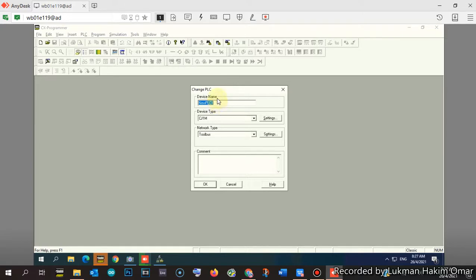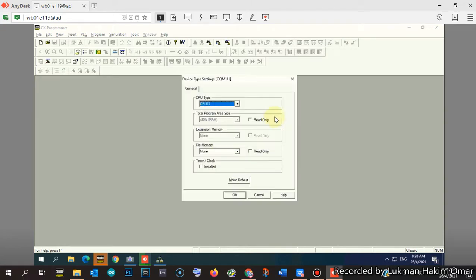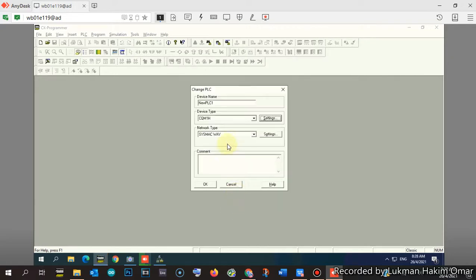Leave it for the name. So we configure the slave PLC. This one is CQM1H, and for the CPU we select CPU51. We keep the default.